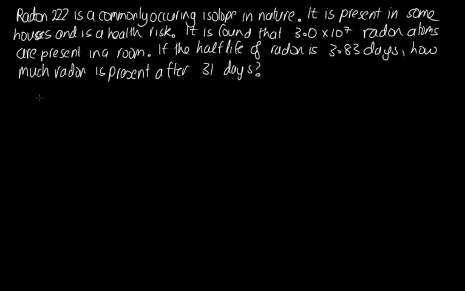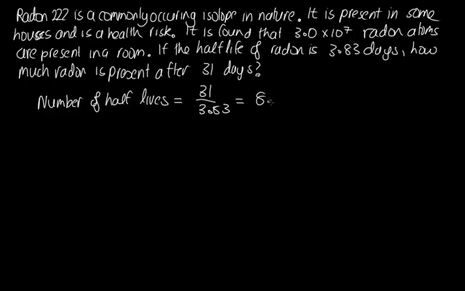So in order to answer this, we need to consider how many half-lives have passed. So number of half-lives, we've got 31 days, and each 3.83 days is a half-life. So this gives us about 8.1, which is approximately 8 half-lives. Now each half-life, half the particles disappear. So the number remaining